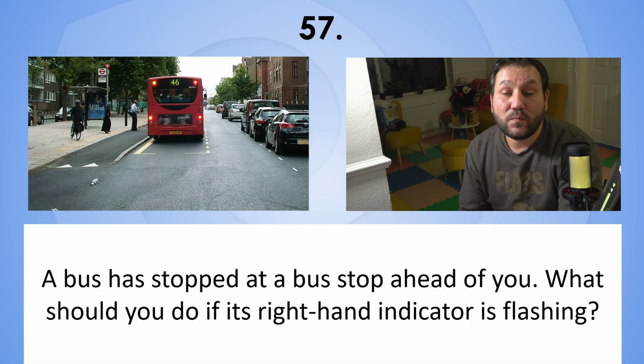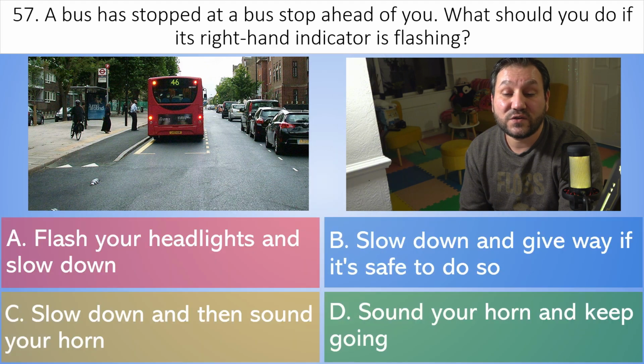57. A bus has stopped at a bus stop ahead of you. What should you do if its right-hand indicator is flashing? A. Flash your headlights and slow down. B. Slow down and give way if it's safe to do so. C. Slow down and then sound your horn. Or D. Sound your horn and keep going. And the correct answer is